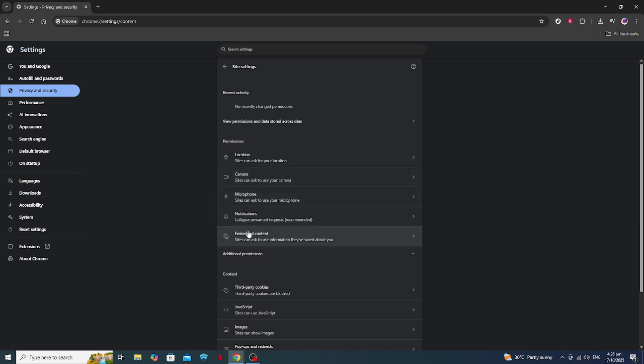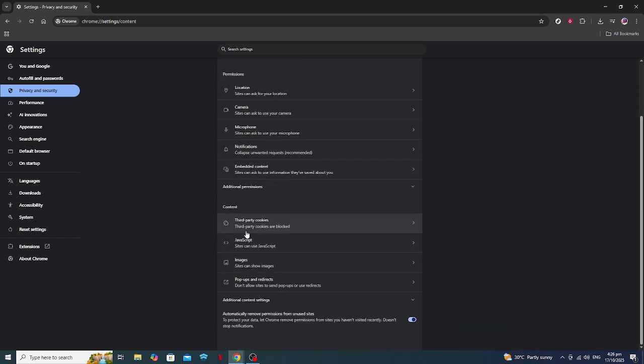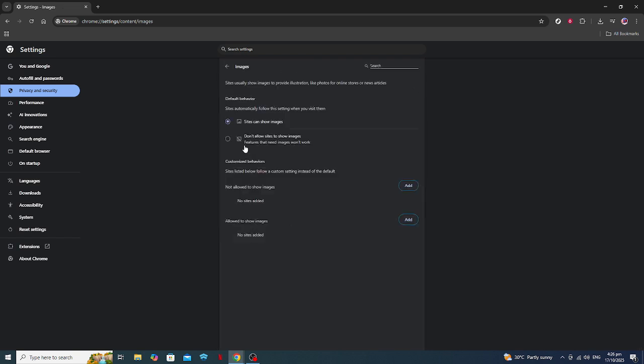Once you're in the Site Settings, look for the section that says Images. Click on it, and you'll find some important settings to adjust whether or not images are automatically loaded in your browser. Make sure that the Show All option is selected. If it's already checked and the images are still not appearing, don't worry, there are more steps we can take